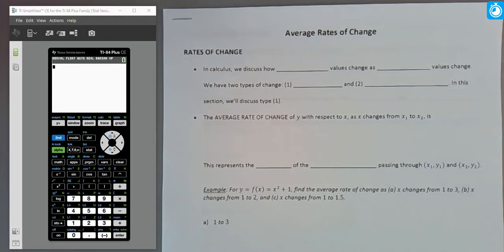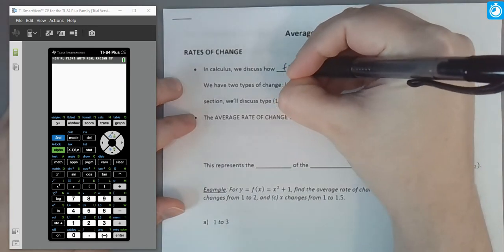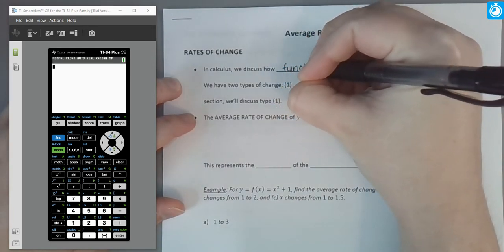In this video, we're going to begin our discussion of rates of change. Change is one of the major things we focus on in our study of calculus. Specifically, calculus is the study of continuous change. What we're talking about in terms of change is how our function values, in other words, our outputs for